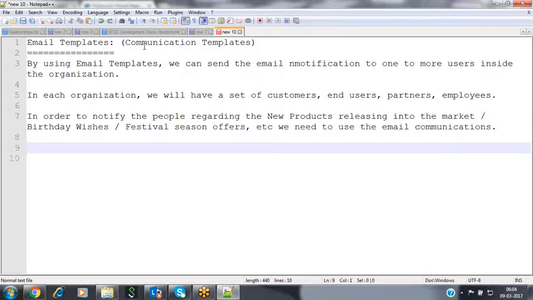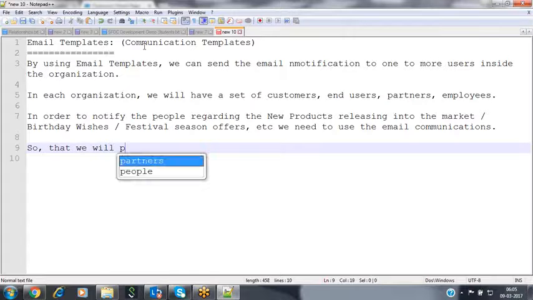Why? Because we cannot make a call to each and every customer and partner manually on our own, which is a very difficult process, because we may have thousands or millions of customers. So for that, we are going to use email templates.